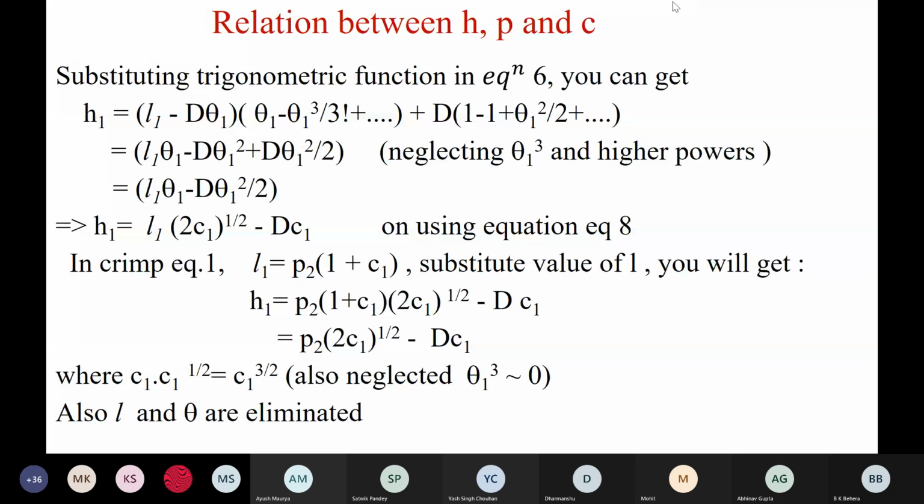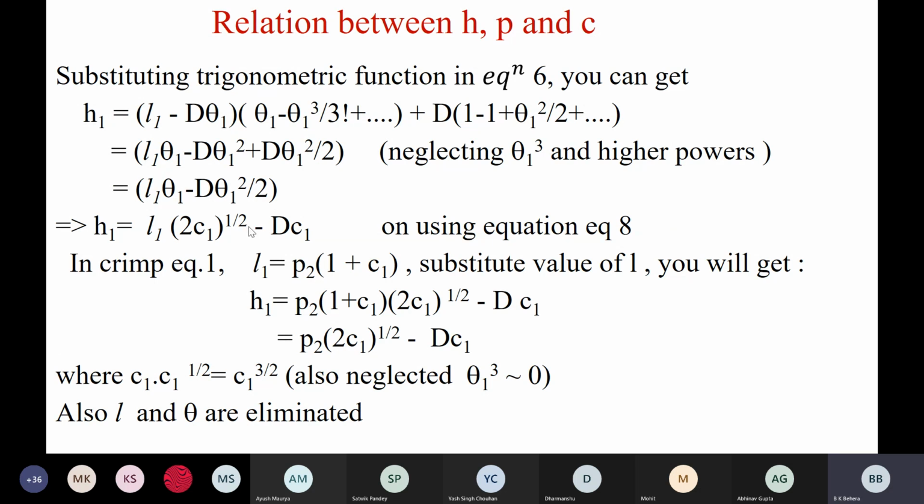Now, substituting the trigonometric function in equation number 6. We had done that in equation number 4. You can try with equation number 6 also. It's not necessarily always that you do it, but we have to see which one gives an easier solution, meaning by which substitution we can get our result easily. Earlier we considered equation number 4; now if you take equation number 6 and do the same exercise, you will arrive at this value.